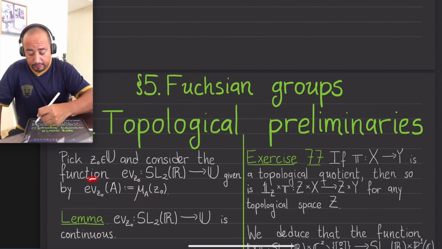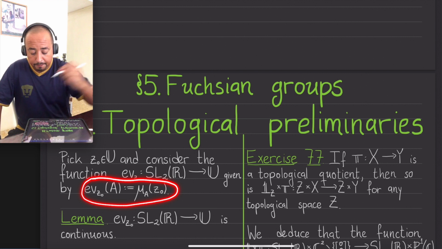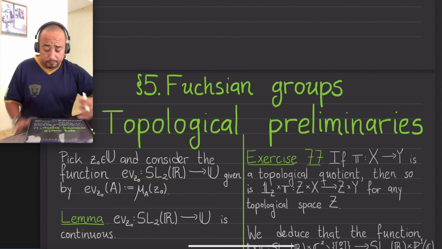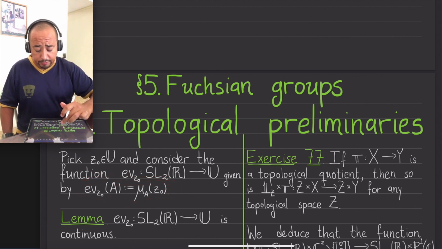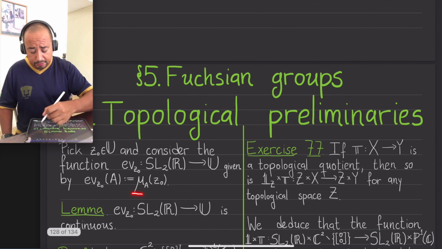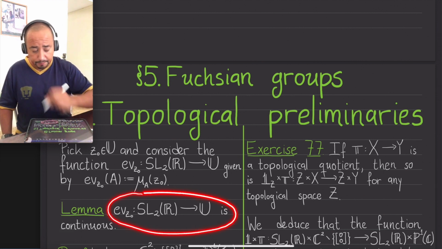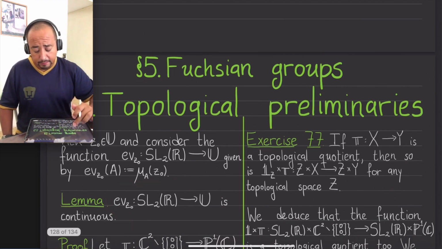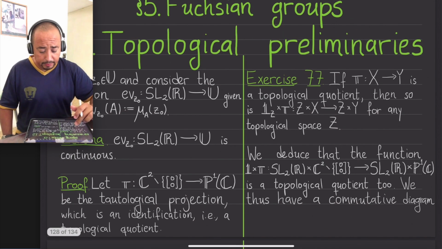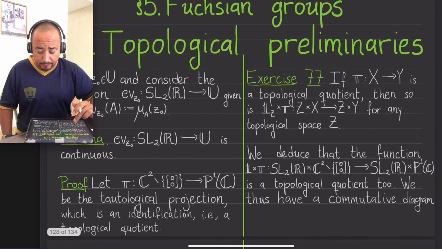So this is the definition. Of course we expect this function to be continuous, and so the following few minutes are going to be devoted to a more or less formal argument as to why